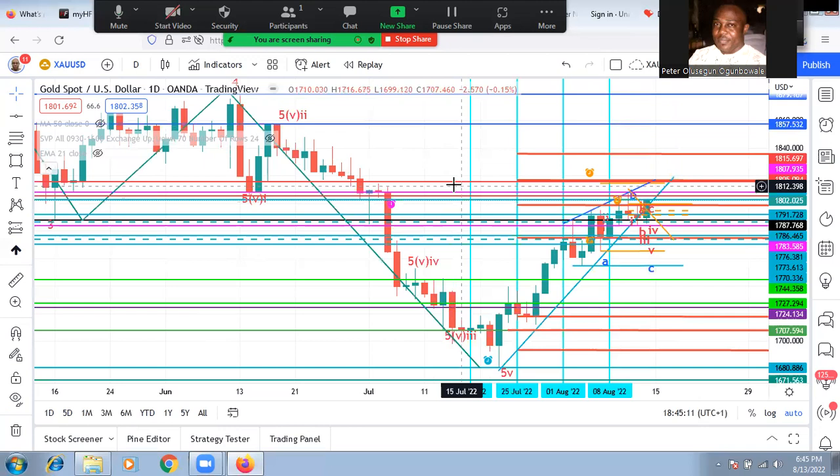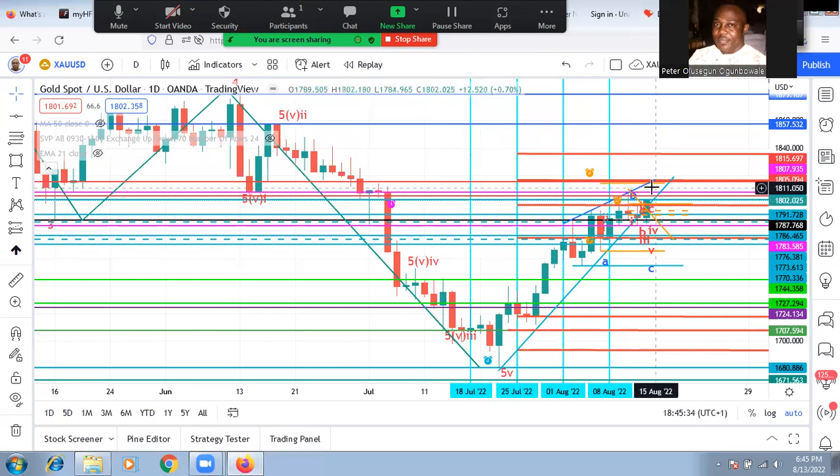So we are at 1815 here. We put our stop loss at 1819. We can put it at 1830, sorry, 1820. I think it's good for you if you put it at 1820. I don't expect that price is going to break this structure of 1817,